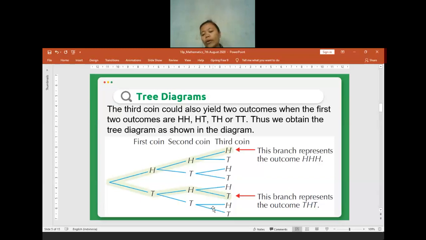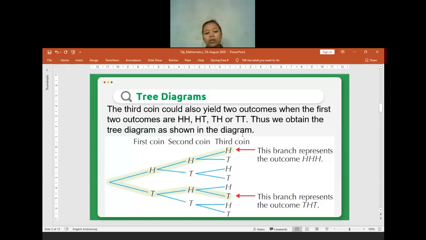toss the coin. Is there anyone having any question before I continue to discuss the questions from your textbook so far? No? Okay. If you have no textbook yet, you can pay attention to the slideshow. Later, I will be sharing the slideshow, the PPT file, with you. So later you can use it to study.